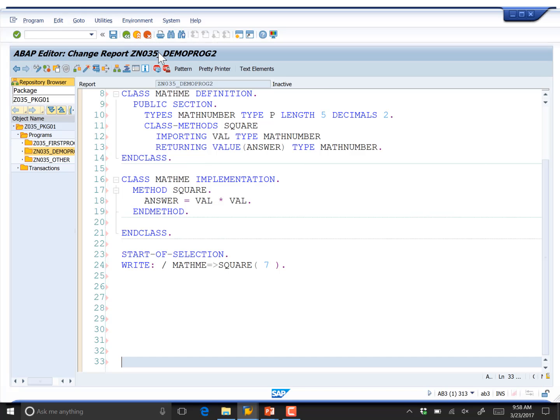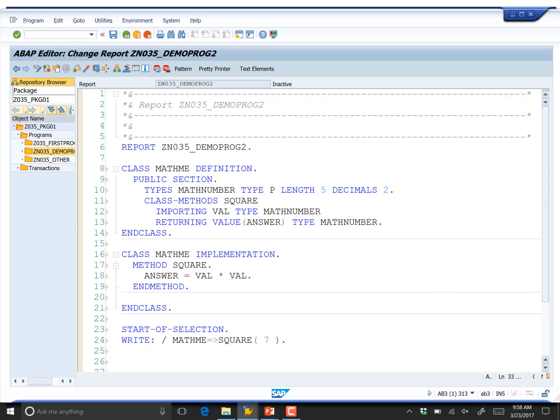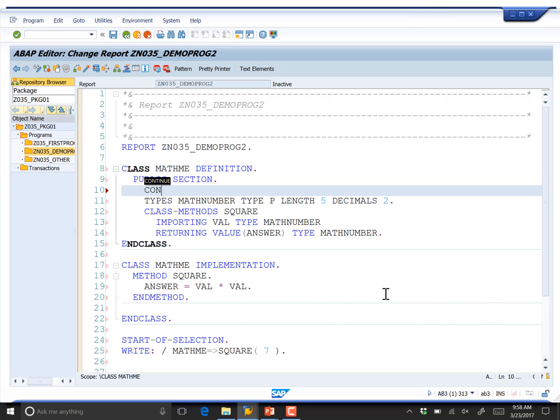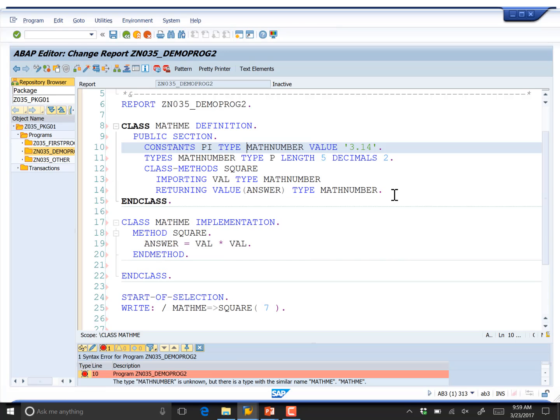So let's play around with this a little bit more and talk about the fact that the idea here is anything that's static is universally shared, okay? So we could do things like this, and this isn't necessarily an illustration of static, but we could do something like this. We could say constants, pi, type, math number, value, and it's probably going to complain because I have this before my type definition of math number, so I'll move it here in a second. 3.14, which isn't a very precise definition of pi. Let's see if it'll actually let me get away with leaving that where it is. Nope, math number is unknown,